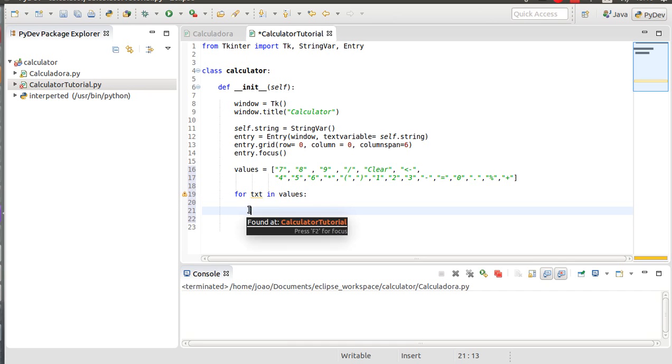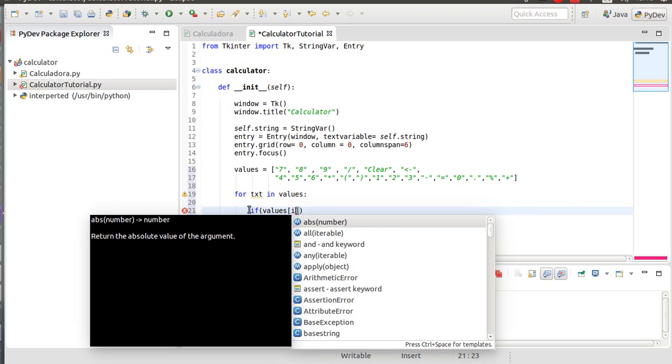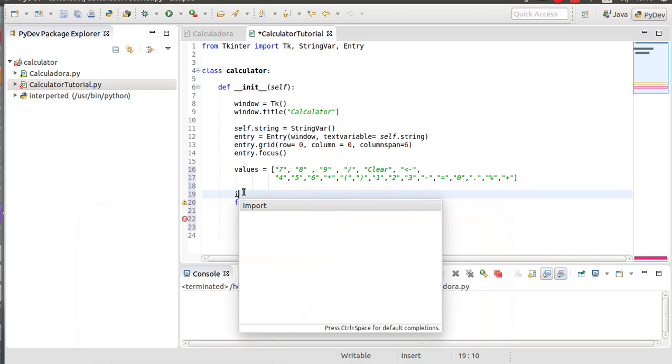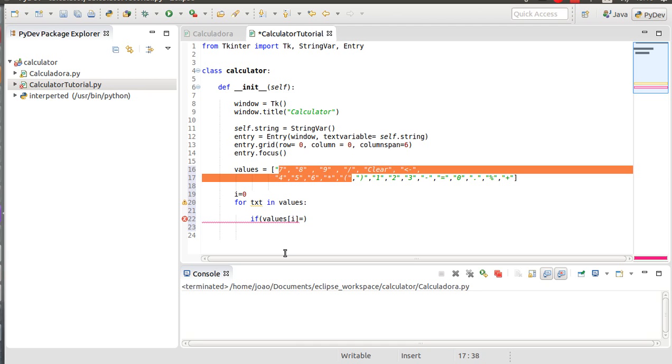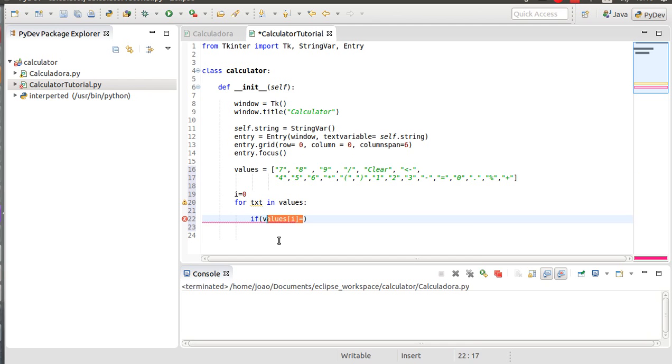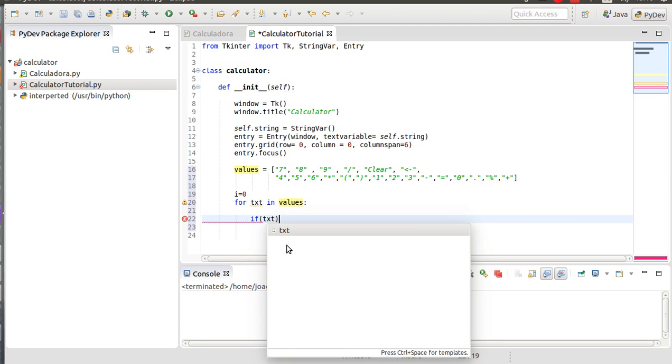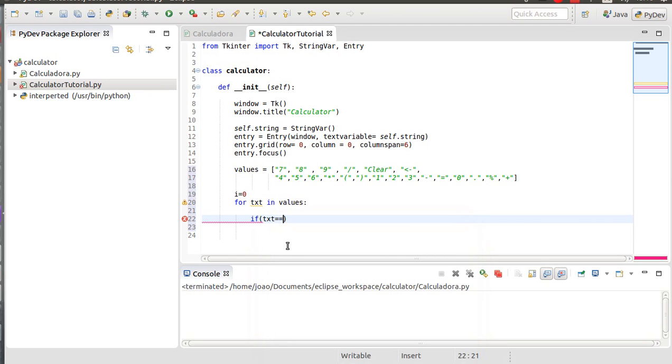So now we're going to define, I'm going to start with the button. So if values, so basically you want to call values, and I'll need to create a variable, which is e. I'm going to just equal it to zero because I need a variable here to do this, or I can just use the txt. Never mind. If txt equals, because it's an if, to equal,